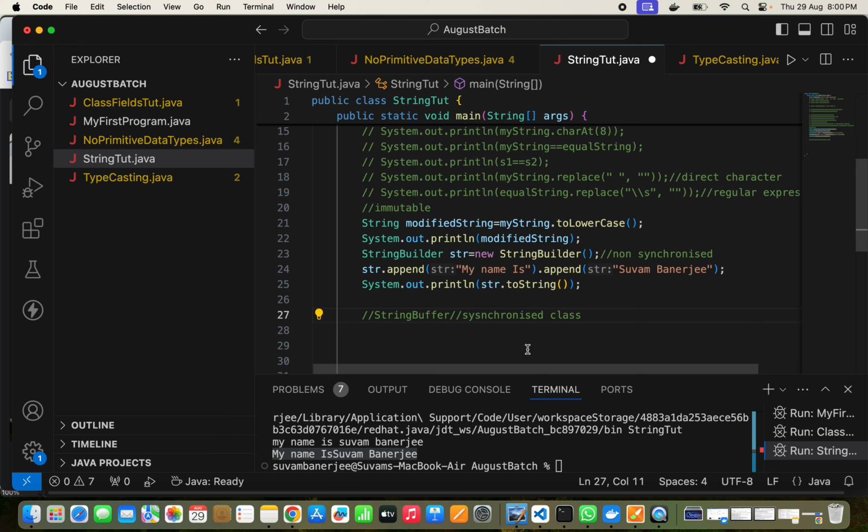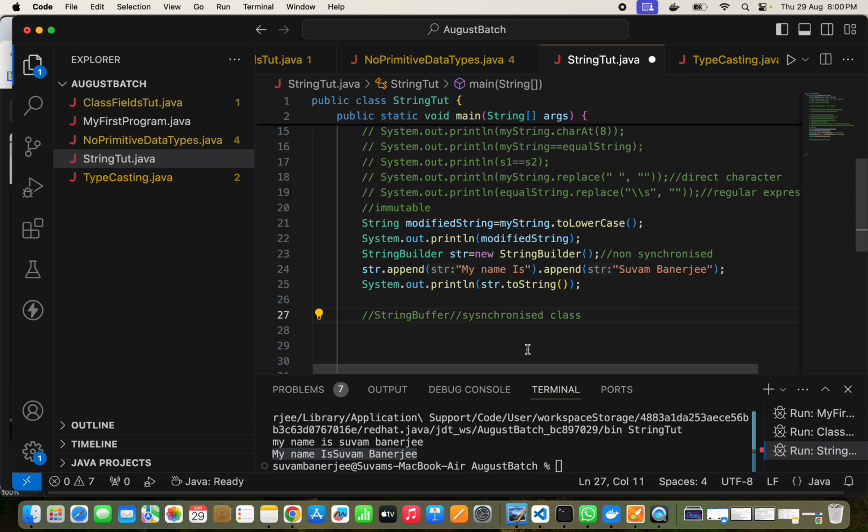Okay, so just conceptually, just know this. Suppose one entity or one method, Nirmal wants to access, and parallelly Rupali also wants to access. You have sent the request parallelly. So